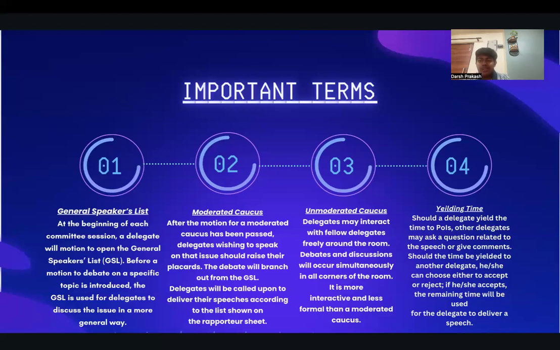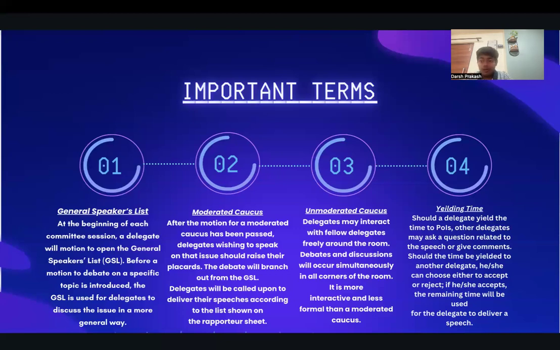You need to keep all these things in mind so that you can proceed further with the committee in a much smoother way. If the time limits are not divisible, it can lead to the cancellation of the topic of the moderated caucus, and plus it will also hamper the proceedings of the committee, right? So please keep in mind all these factors.